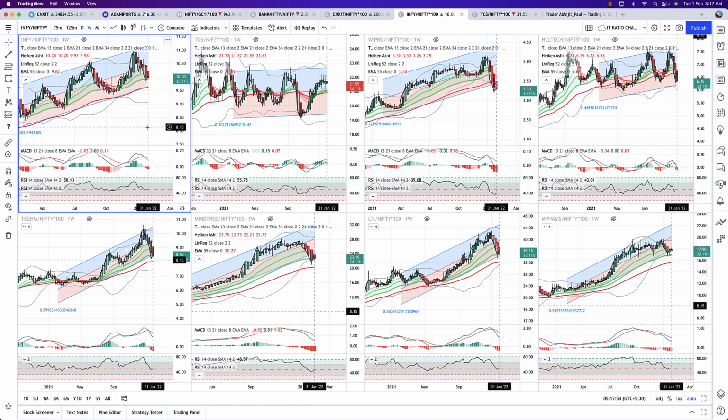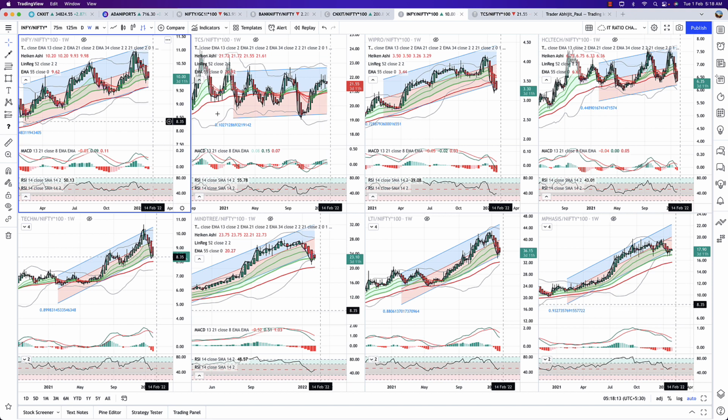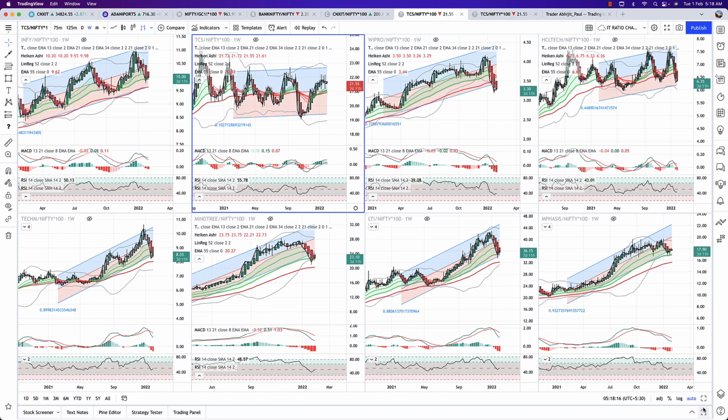So parallelly, what you should do is open the chart of Infosys, keep a close watch, and mark the supports, etc. And once it starts to come close to your long-term supports and stabilizes, then only you should buy. This discussion will help you to rank them. So Infosys definitely stands out.